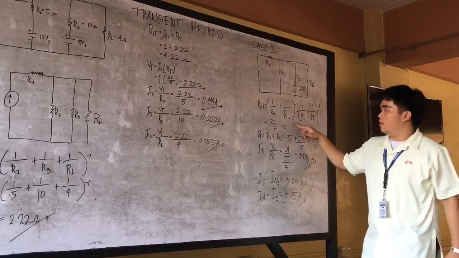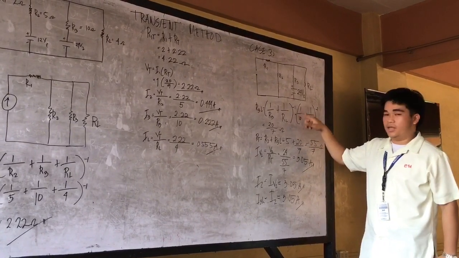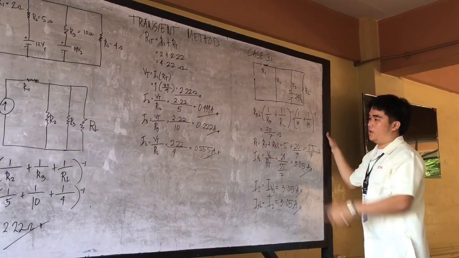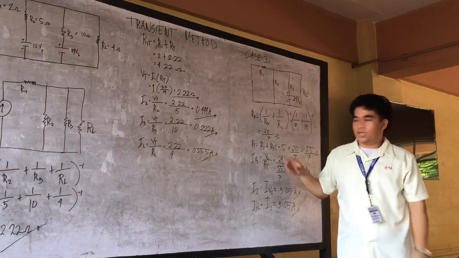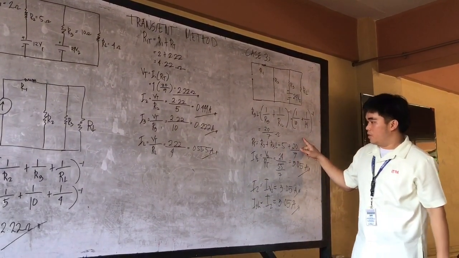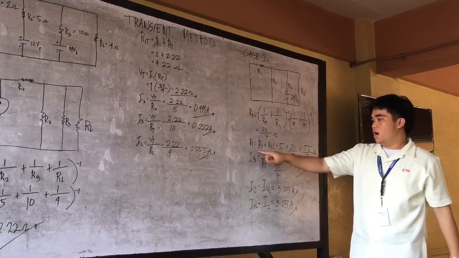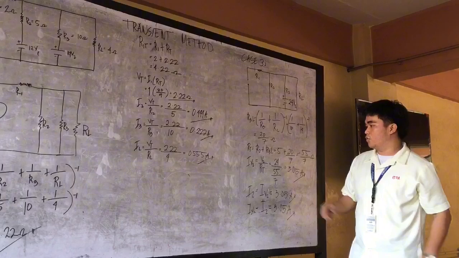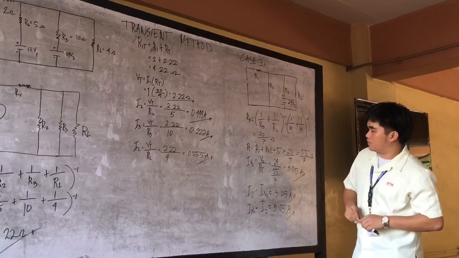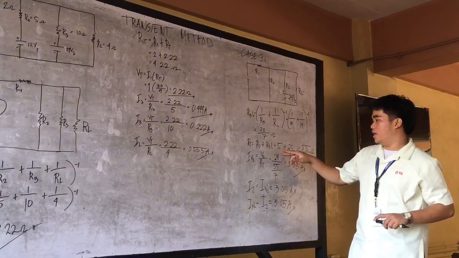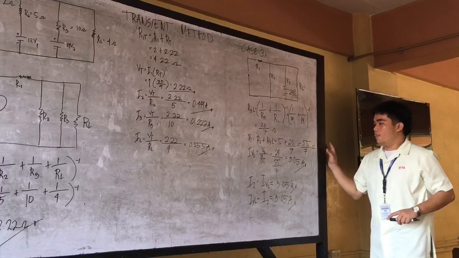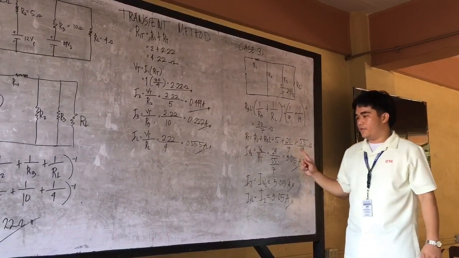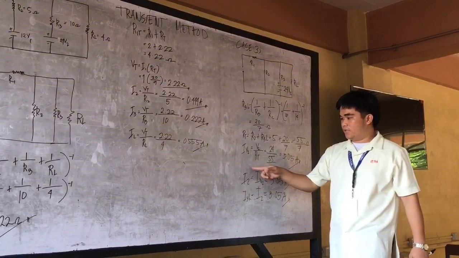plus 1 over the load resistance, then exponent negative 1. Substituting the given, we have the answer 20 over 7. So next we have the R total. We have this formula, R2 plus R3 load. Then substituting the given, our answer is 55 over 7 ohms. Then next we have the I V sub 2.